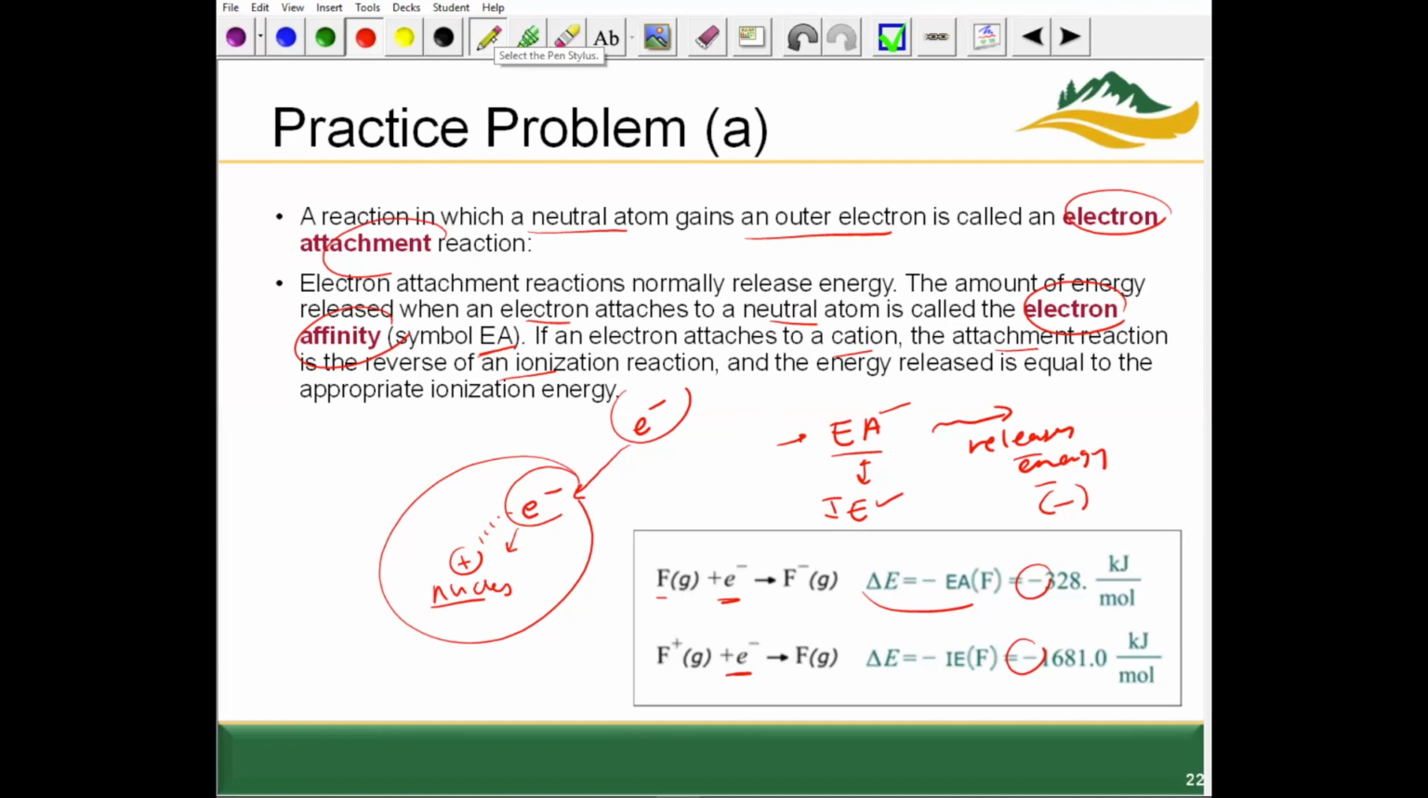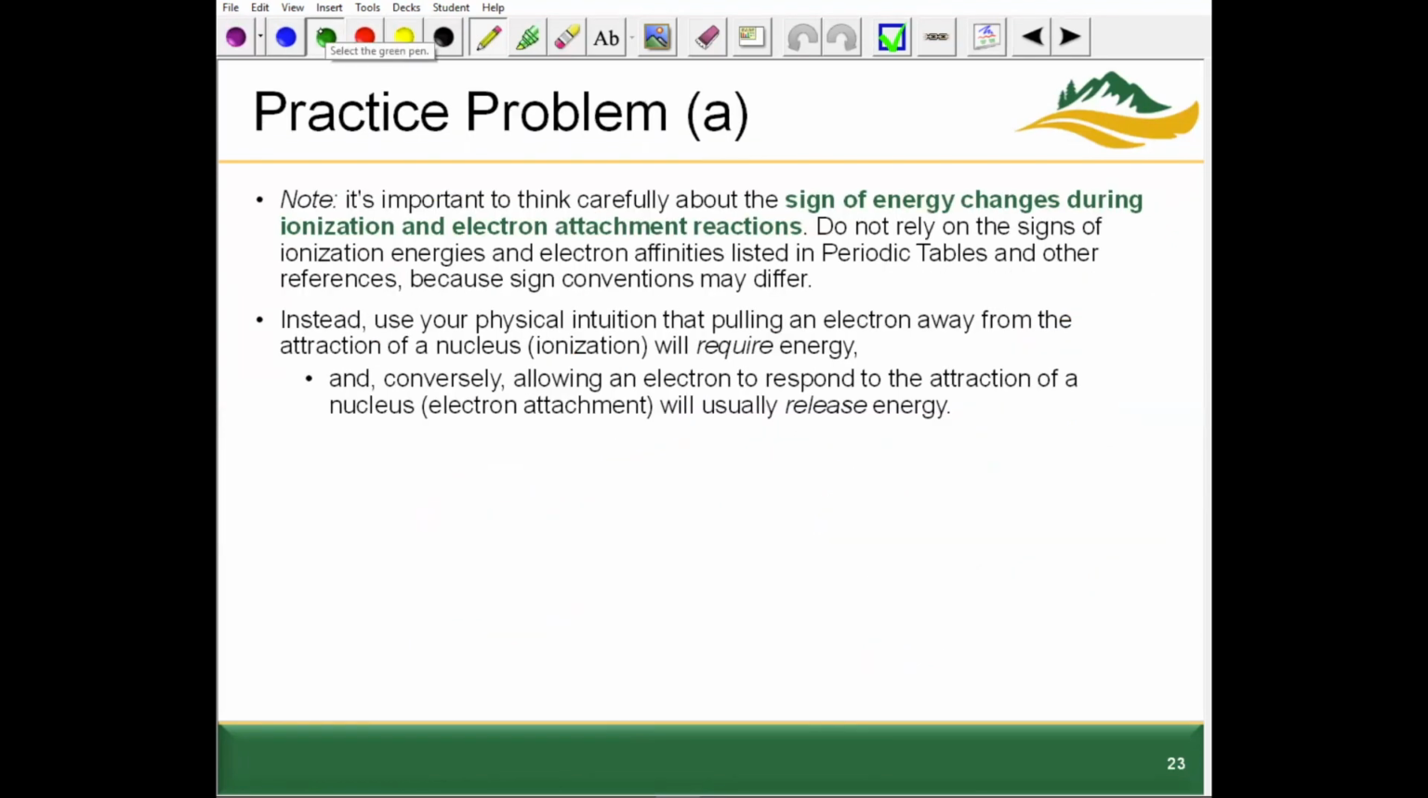This also means that for ionization energy, which requires energy, that's going to have the opposite sign as electron affinity or attachment, which we know releases energy. So the signs are very important to think about for electron attachment versus ionization energy. When we add on an electron for electron attachment, this releases energy. We'll see a negative sign. Whereas for ionization energy,